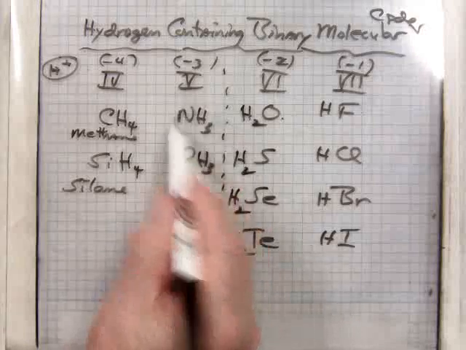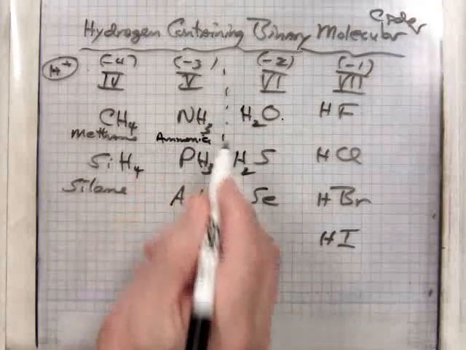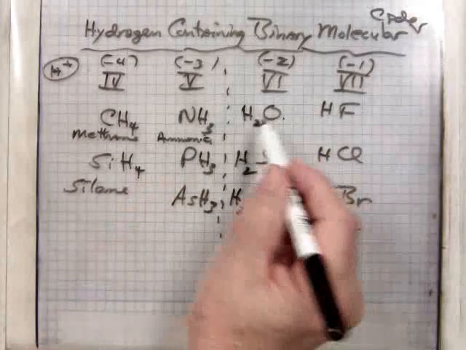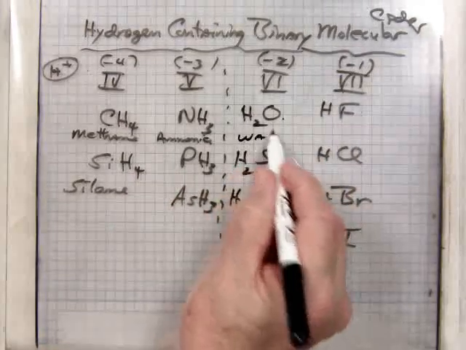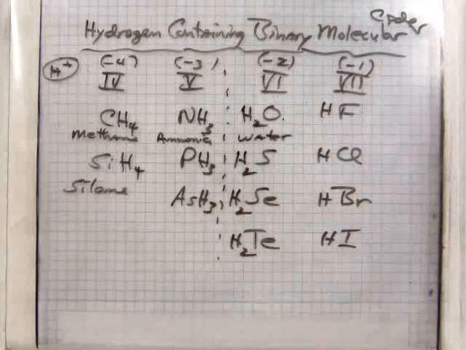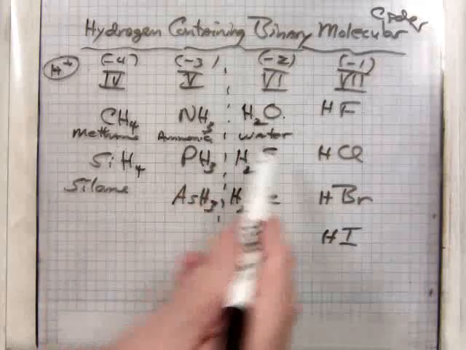Here in NH3, the common name is ammonia. We don't call it nitrogen hydride or hydrogen nitride. Here, of course, that's water. We don't call it hydrogen oxide, and so forth. Now, all the others have systematic names. Once you get past these 4 common names,